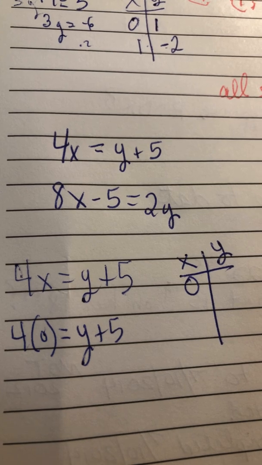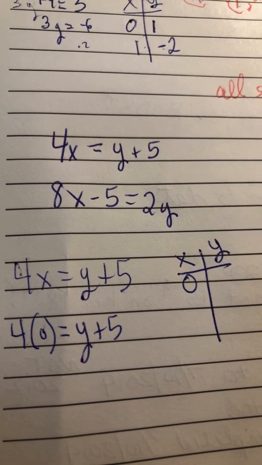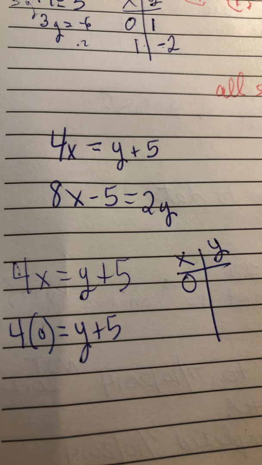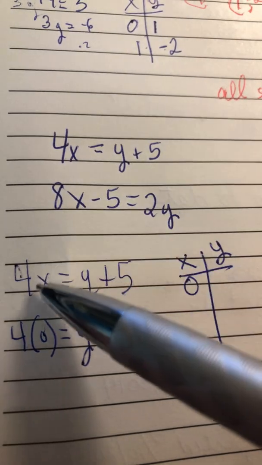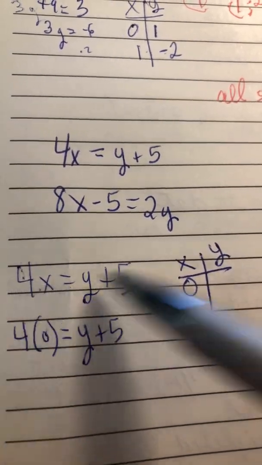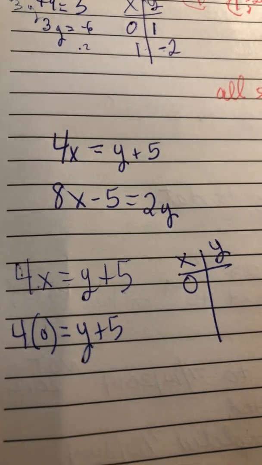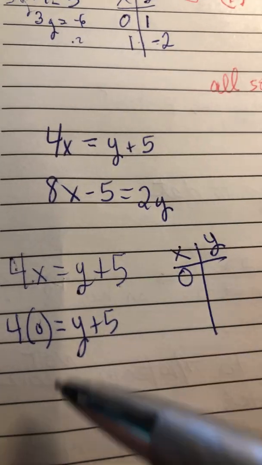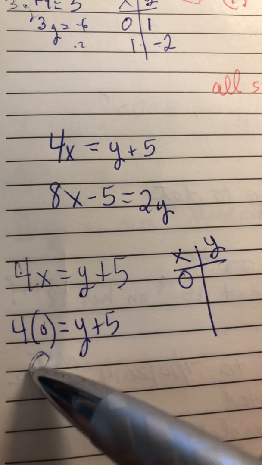You can use any number in infinity. Don't stress over what number to use. But I knew if I put 0 here, it might keep it whole numbers when I'm solving it, and I'll explain how to avoid fractions in just a minute. So here, this becomes 0